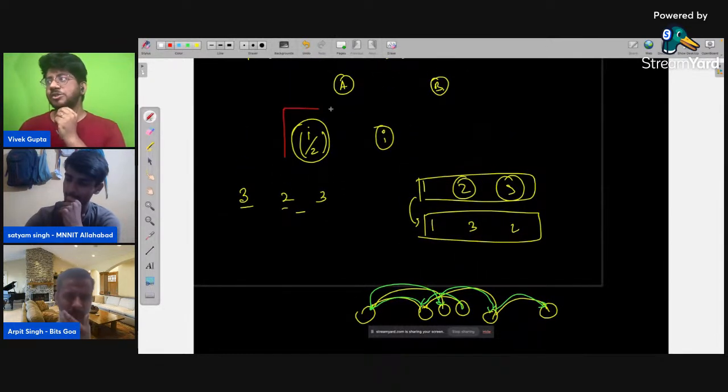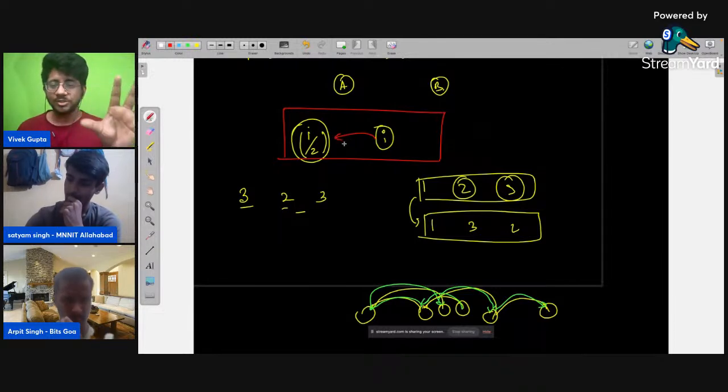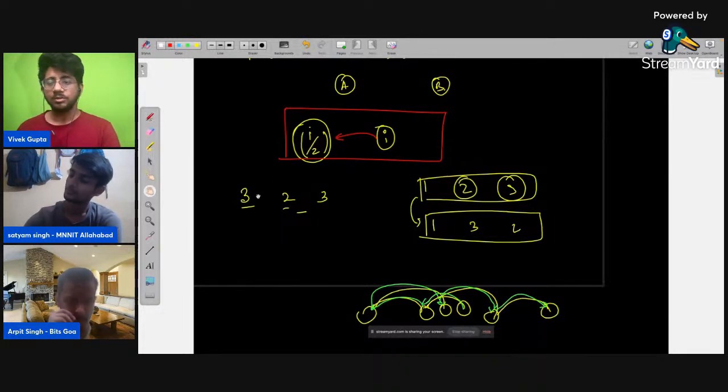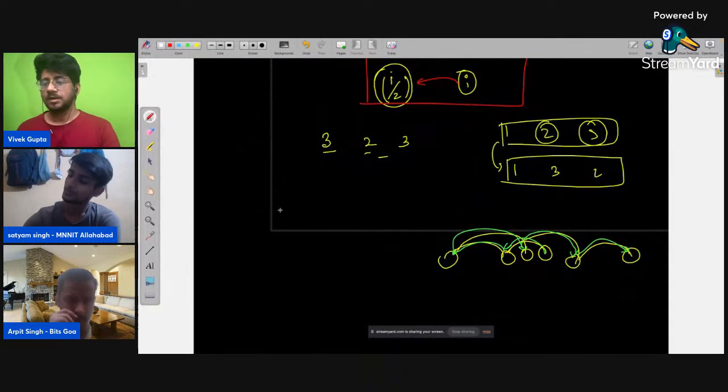Can you recall something from this operation? From I, you can go to I/2. What does this mean? Do you see something common in this frame? How do you use this operation? First of all, if you keep doing I/2, how many steps can we go for a certain number? How many times can we keep dividing a number by 2? Maximum number of times, I suppose for I, it is going to be log 2 of I. That is the number of times we can divide anything.